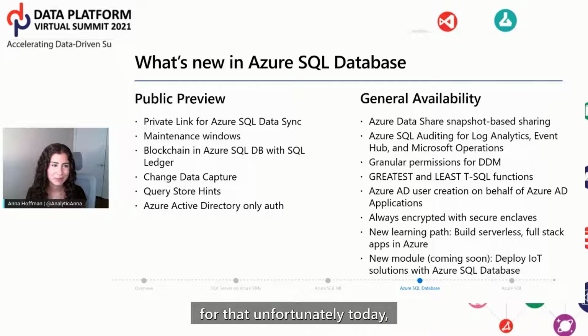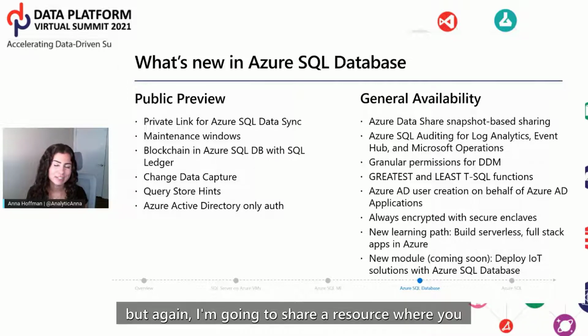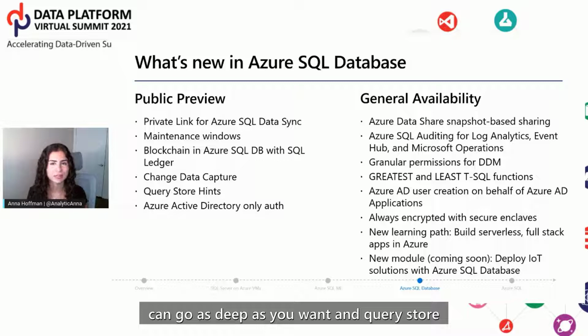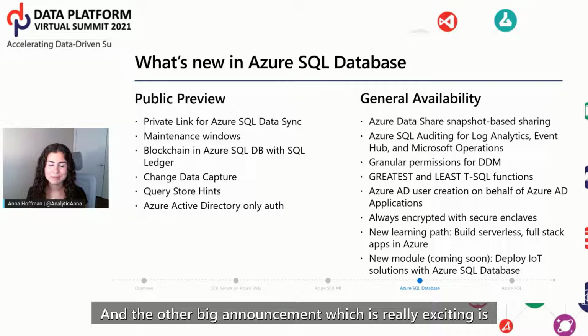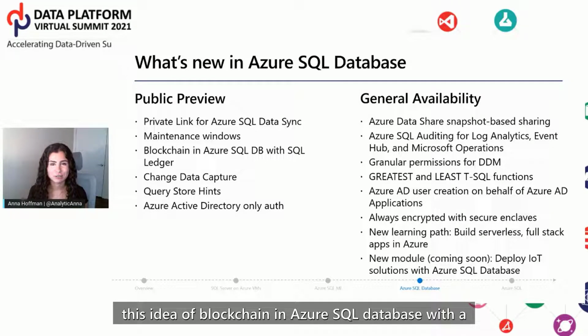Don't have time to go into all of the details for that, unfortunately, today. But again, I'm going to share a resource where you can go as deep as you want in Query Store hints after this. The other big announcement, which is really exciting, is this idea of blockchain in Azure SQL Database